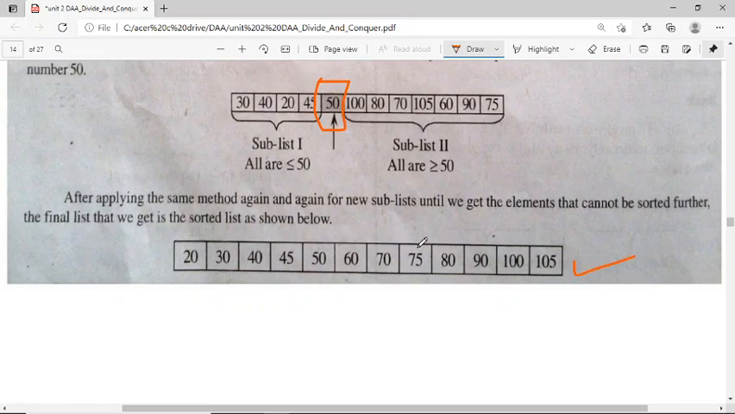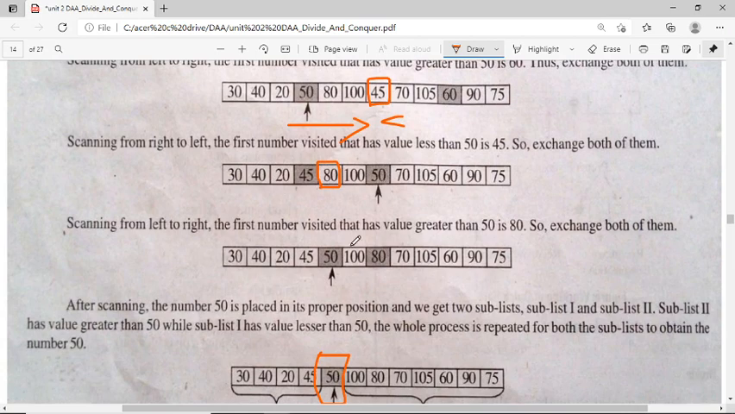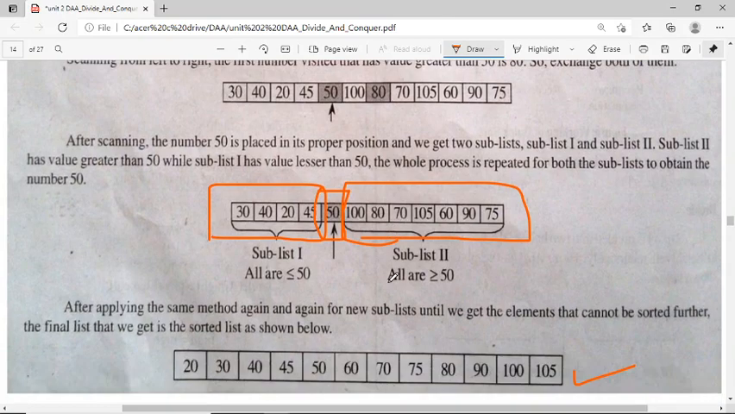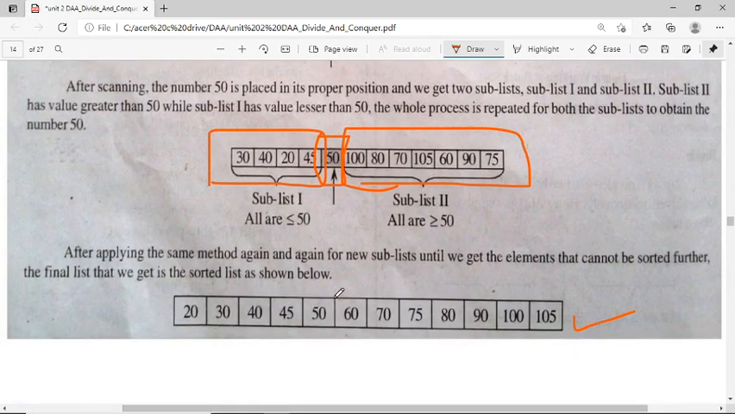This will be the final answer, and the same steps whatever we are doing here, going at the right hand side and the left hand side, have to be repeated for this element and this. We are dividing and we are solving. We are making a partition and working out the same thing. Okay, so this is about the quick sort,